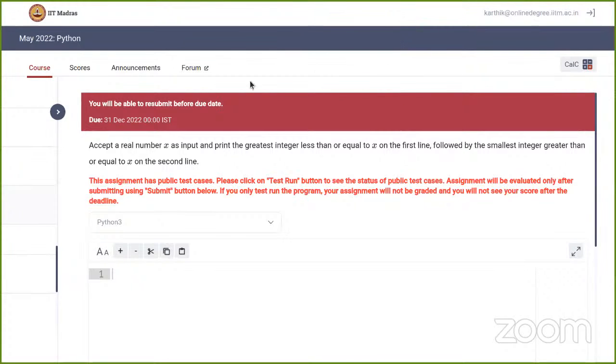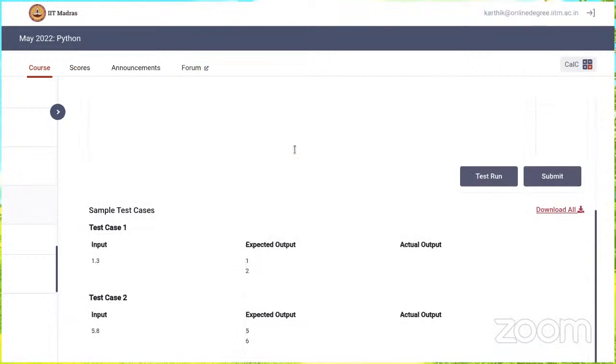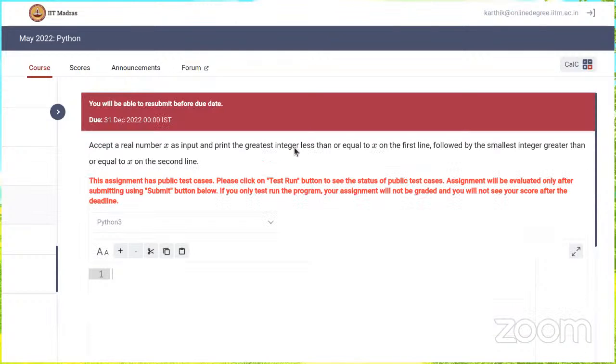Okay, we just solve the last problem alone and then we move on. So has anyone written the code already for this? Yes, sir. Okay, so did everyone understand the question? What is being asked? Yes, sir. So first of all, I'd like to ask someone who is not able to pass all private test cases, can you please share your code? Is there anyone who's not able to pass all the test cases?